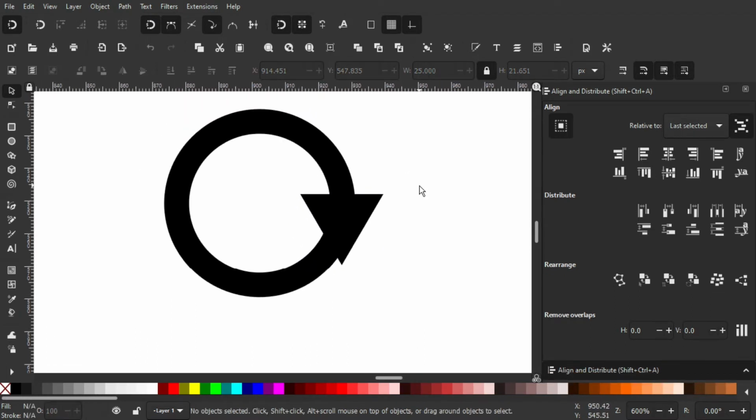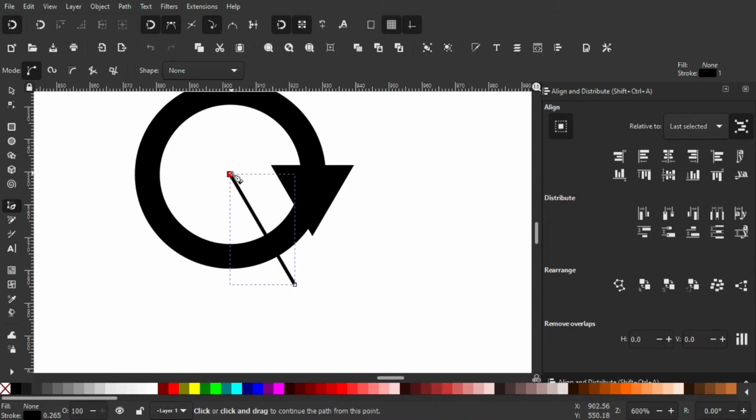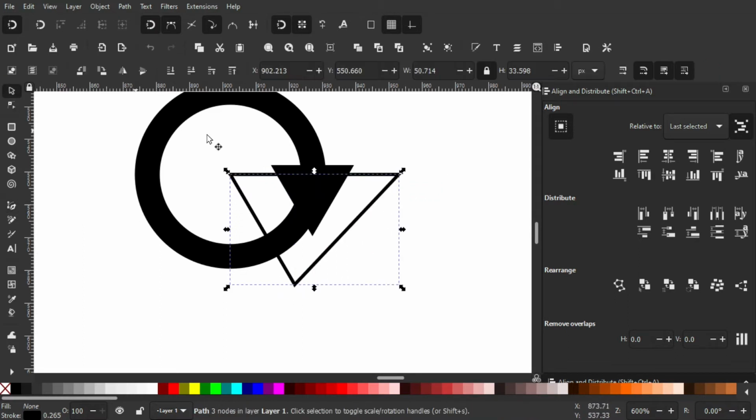Now with the Bezier curve tool, I'm going to draw a line in the middle of the circle. Once again, make sure you turn snap center object on. Let's left click on the circle, hold Control, drag it down, and rotate it counterclockwise 1, 2 steps like that, and press Enter. Now on its starting point, left click it again, hold Control and drag it to the right and back to its other starting point.